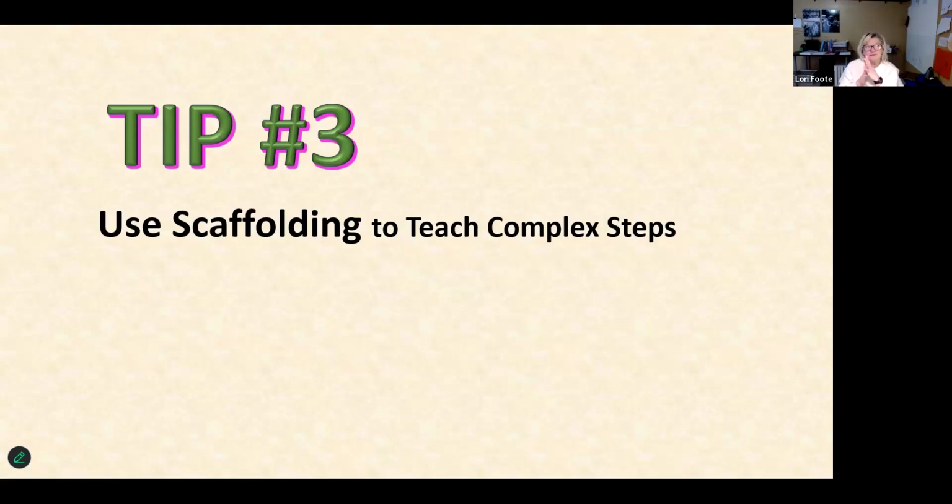scaffolding. Some parts of math are complex, right? There's just going to be multi-steps. There's going to be things that are just hard because some things are very abbreviated or very hard to follow. So thinking about what our students struggle with so that we can be really explicit about what's going on, because when they do it and when